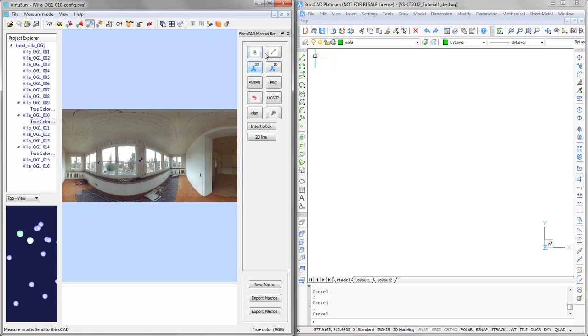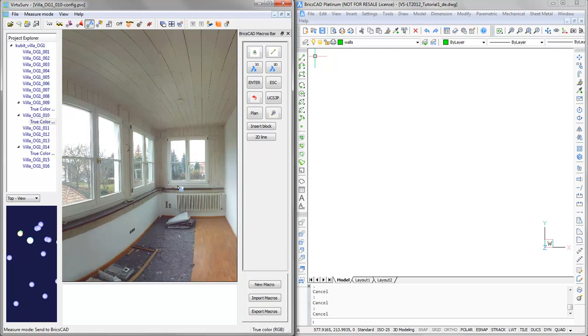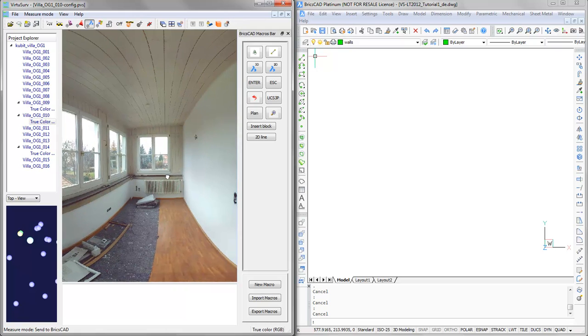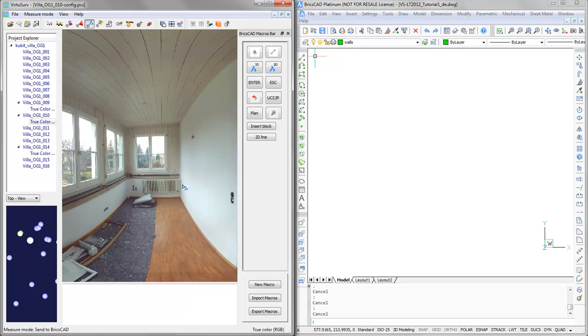First of all, let me show you how you can draw the outlines of the walls of this room, which you can see here in this scan. And I will start with a small wall over here. I will run the line command in VirtuSurv. It's a macro, and you can see in BricsCAD the line command has been started